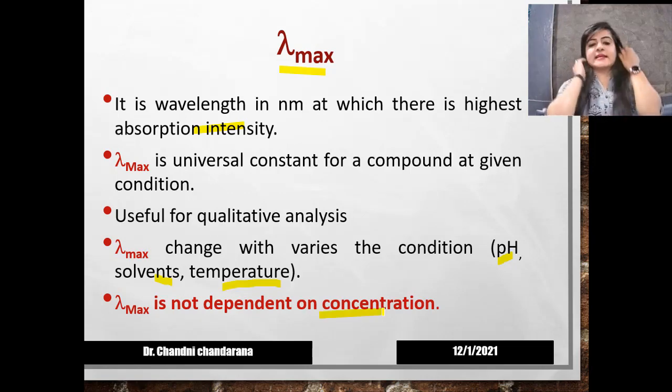For example, as I said earlier, there is a 1 to 10 ppm range. If you take the lambda max of a 10 ppm solution or a 100 ppm solution, you will find the same lambda max, 257 for paracetamol. But if you change the solvent or the temperature, your lambda max can change. By increasing or decreasing concentration, there is no difference in lambda max. That's why it is a constant, and we have to first select it whenever we take a UV spectra.